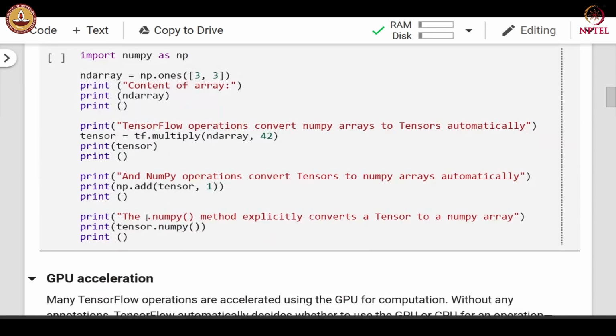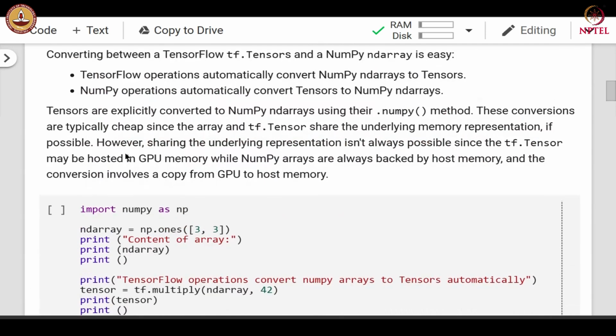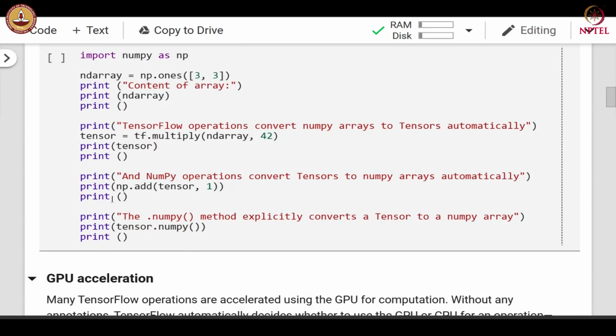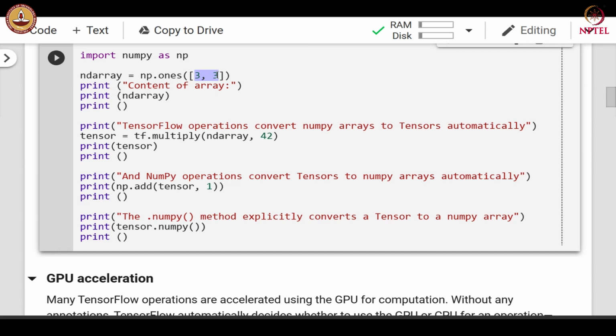Let us look at an example. Here we take a NumPy array. Here we take a matrix, a 3 by 3 matrix, which is initialized to ones. We later convert it to a tensor.